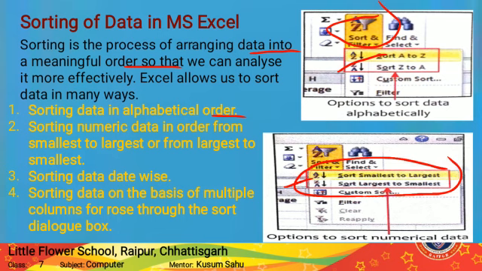Here you can see sort smallest to largest and largest to smallest. After that, sorting data date wise. After that, we can sort or arrange the data according to the date. Through this we can arrange ओल्डेस्ट टू न्यूएस्ट एंड न्यूएस्ट टू ओल्डेस्ट. मतलब डेट के अकॉर्डिंग हम अरेंज करेंगे तो जो डेट का पहले होगा वो डेट पहले दिखेगा और जो लास्ट में होगा वो लास्ट में दिखेगा. सो दिस इज द वे टू सॉर्ट द डाटा.